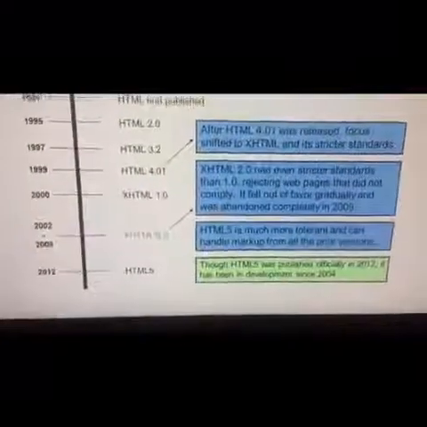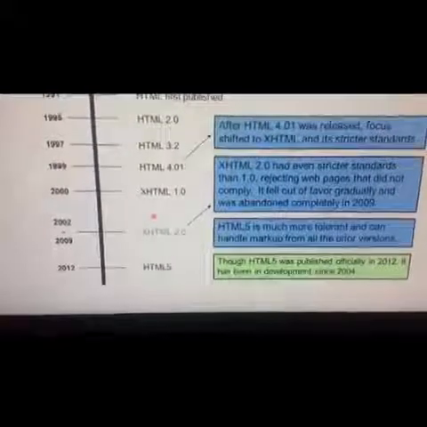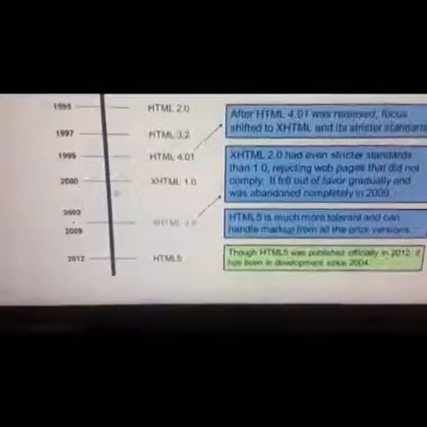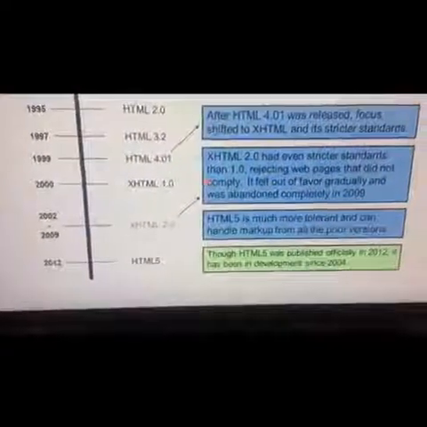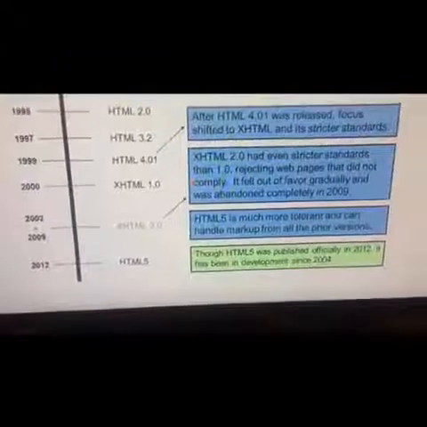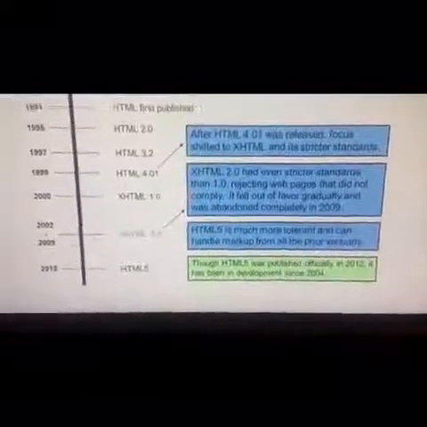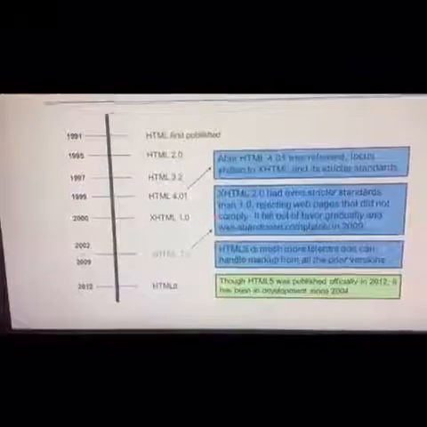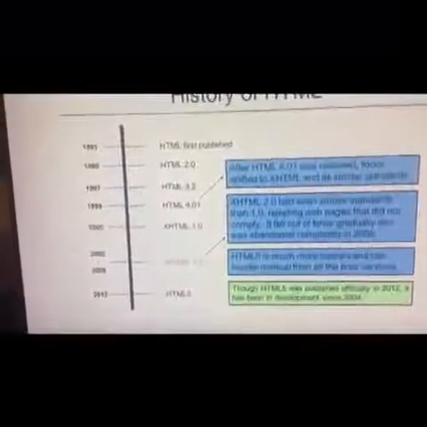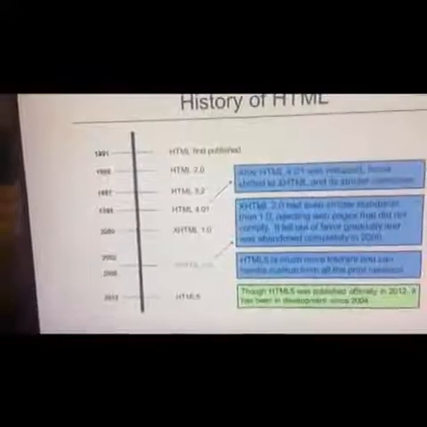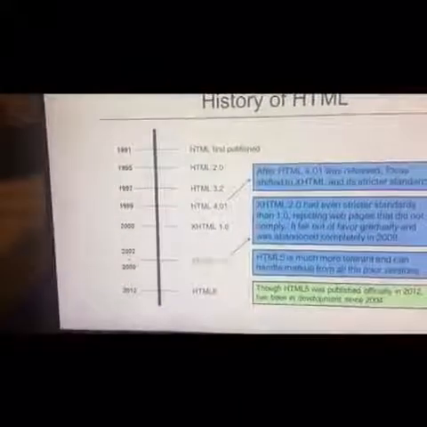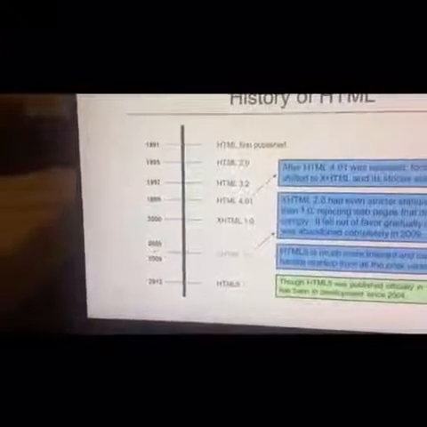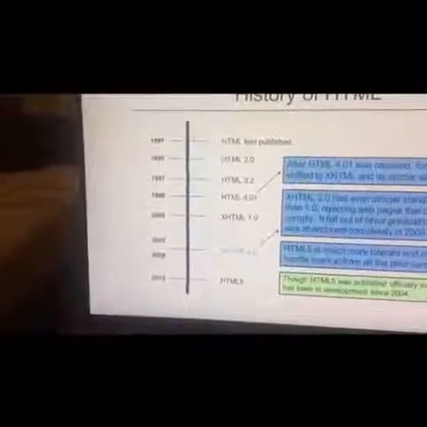After HTML 4.01, XHTML 1.0 was published in 2000. XHTML 2.0 had even stricter standards than 1.0. Rejecting web pages that did not comply, it fell out of favor gradually and was abandoned completely in 2009. After XHTML 1.0, XHTML 2.0 was published in 2002 to 2009. After that,